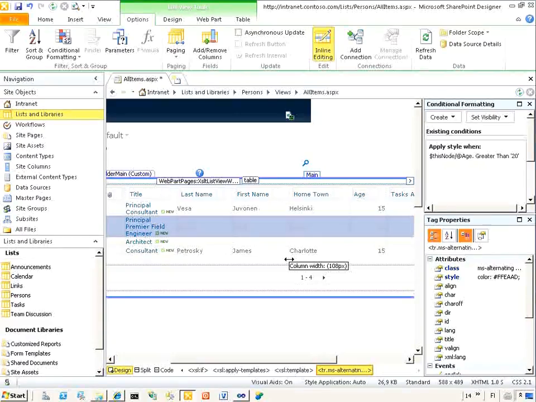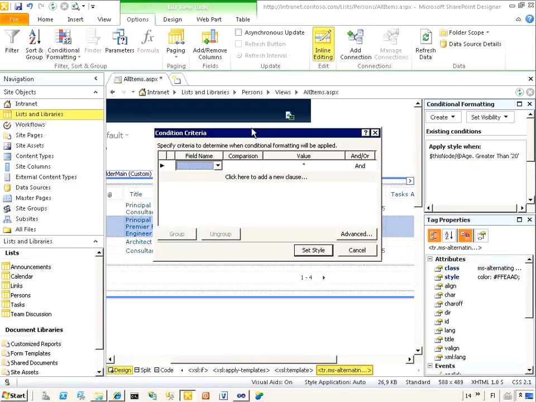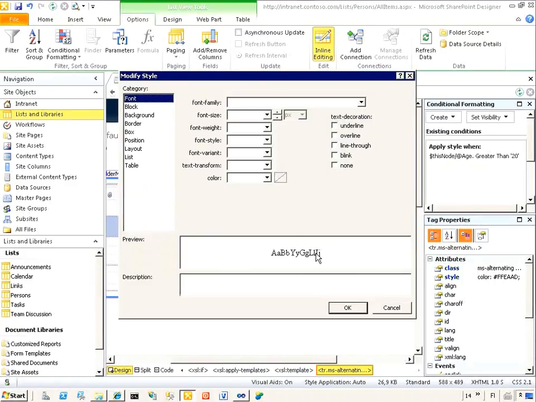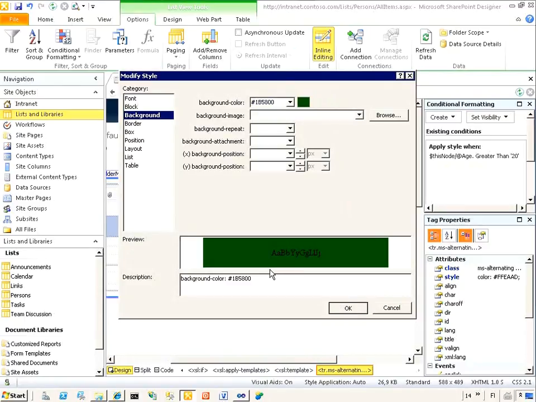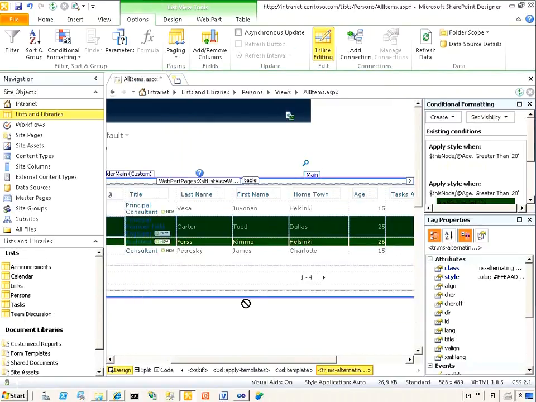Now I actually changed the font color, so let's modify that a little bit. So let's also change the background color of the age based on the age information. So if the age is greater than 20, we can set the style for the background, and the background color will be set to something dark, so we can really easily spot those rows where the business rule is matching. Let's save our changes,